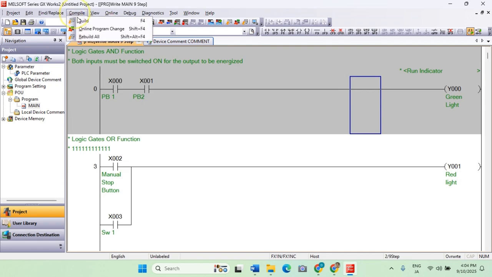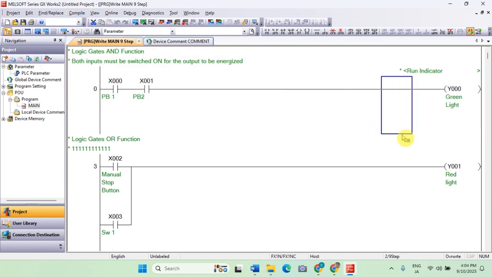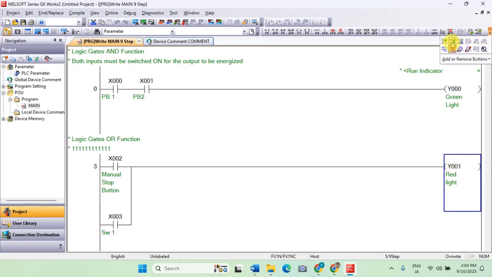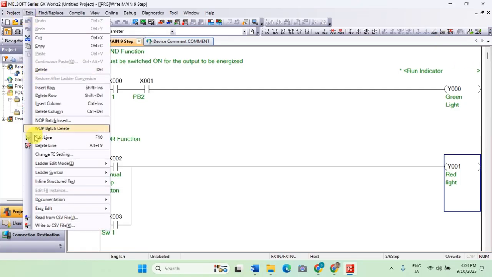So I'm just going to compile. Okay. For this one, we can also add the statement or the note. So let's try adding the note here.